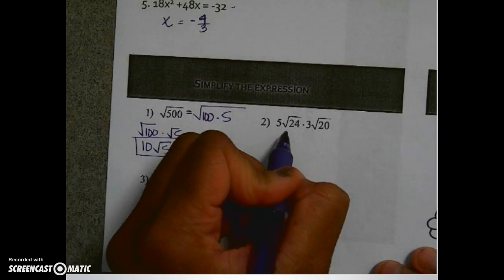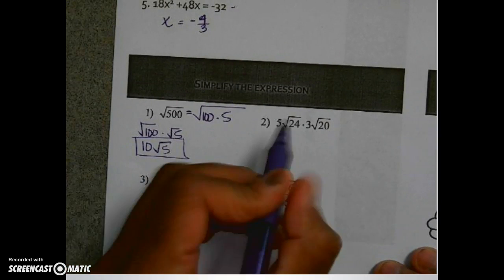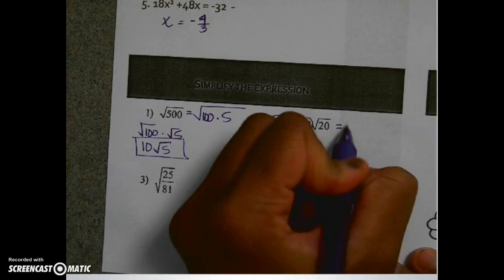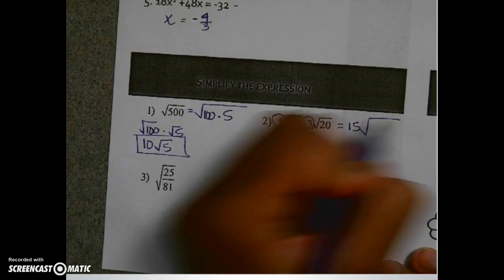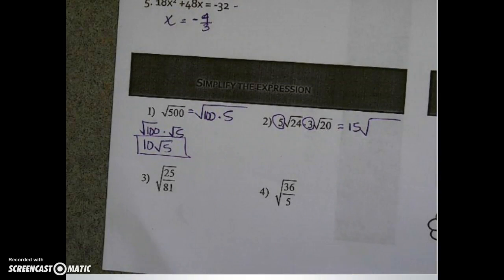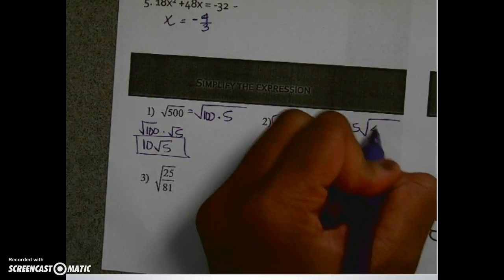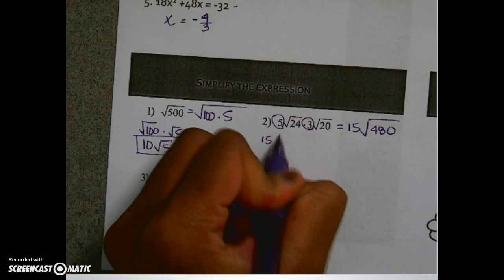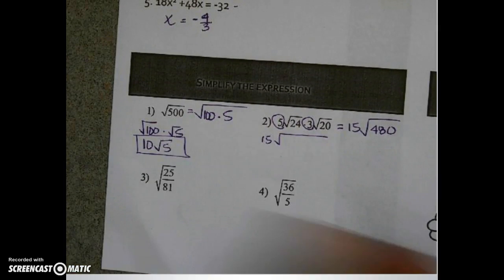Okay, so for number 2, another part of this rule is you can only multiply what's outside with what's outside, so that's going to give me 15. And then what's inside with what's inside. So the square root of 24 times the square root of 20 is going to equal the square root of 480. And then you're going to go back to your list and you're going to look for some big perfect squares that could go into